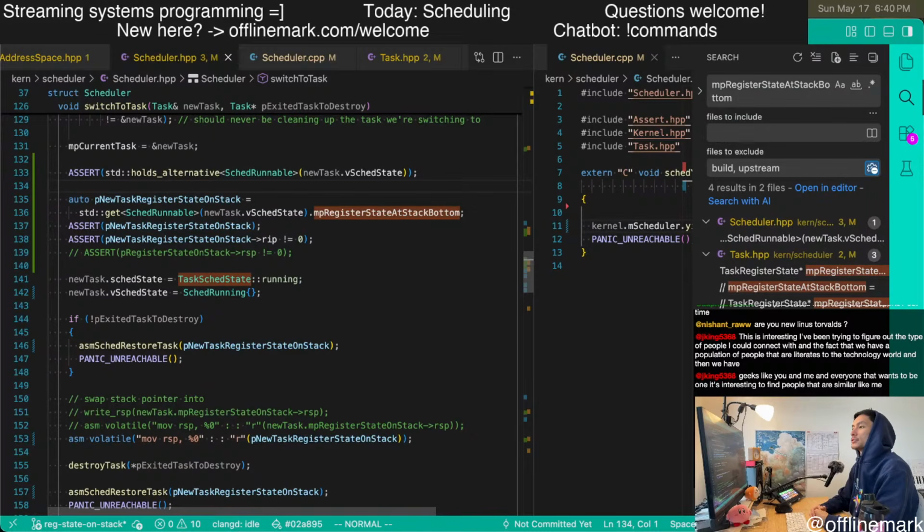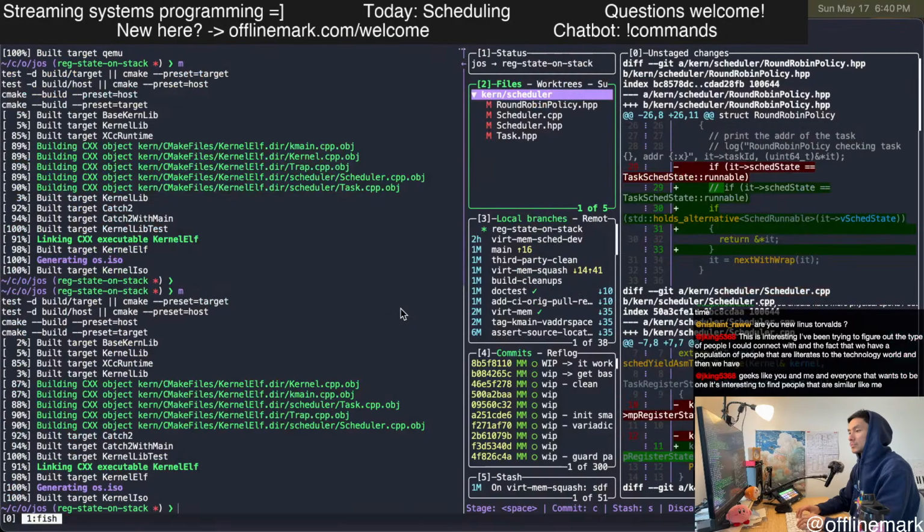New task register state on stack. Let's compile.